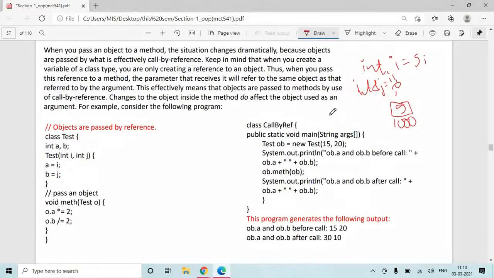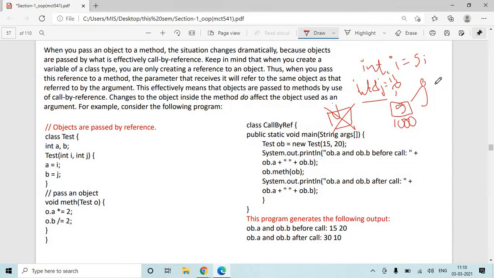It means I am not creating another variable j, not at a new memory location. What I am doing by this line is assigning a different name to this variable I. Now I and j are two names for this variable created at the address 1000.